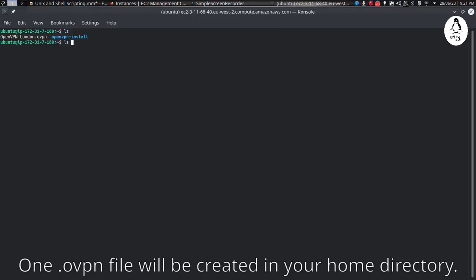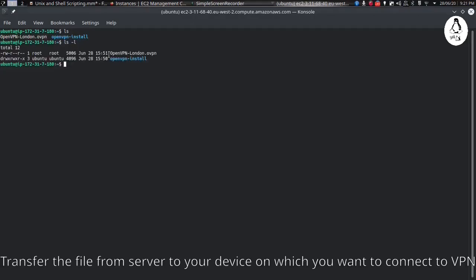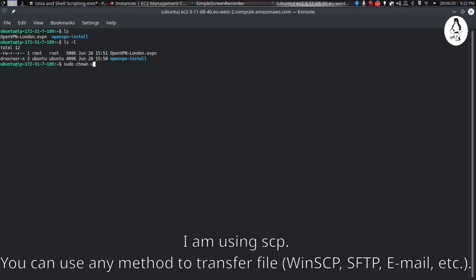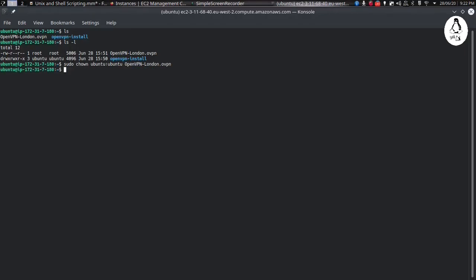Now we have to copy this file from the server to our laptop or to our Android device, wherever we want to use the VPN. I will use secure copy for that. You can use any other method to copy that file from your server to your local machine or laptop.